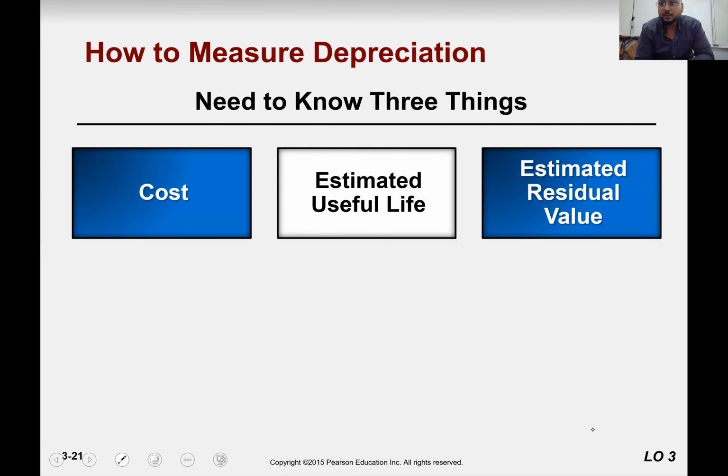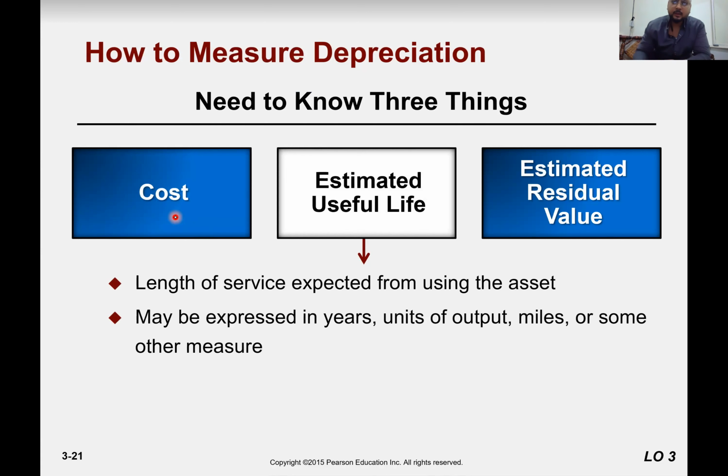First of all, in order to know the depreciation, we must know 3 things. Number 1, the cost, which we already discussed at the start of the lecture: the cost of plant, machinery, this kind of stuff. Then the estimated useful life, how long this asset lasts: 5 years, 10 years,